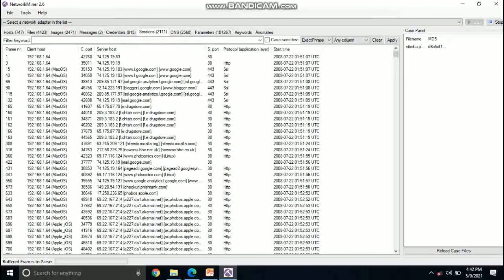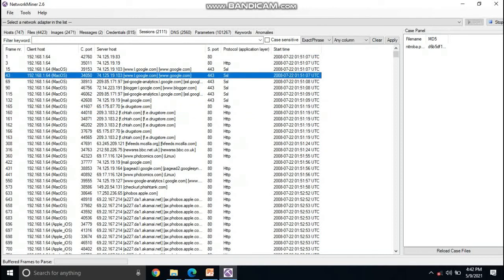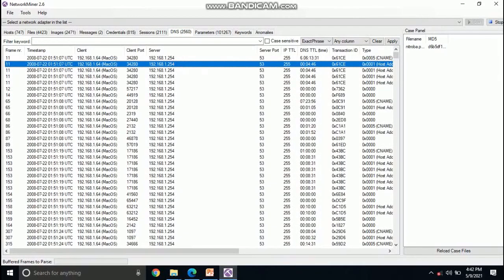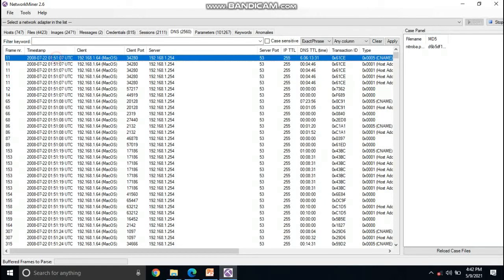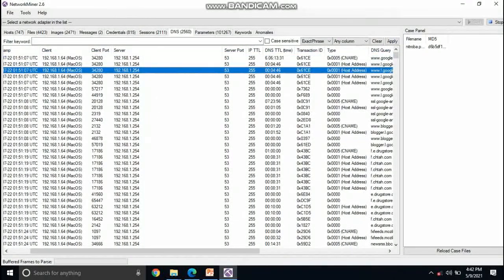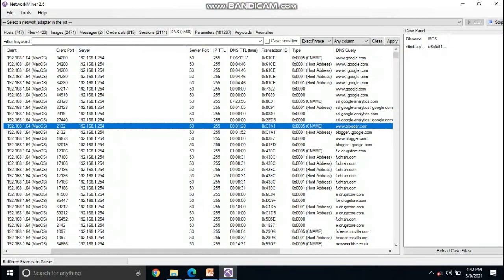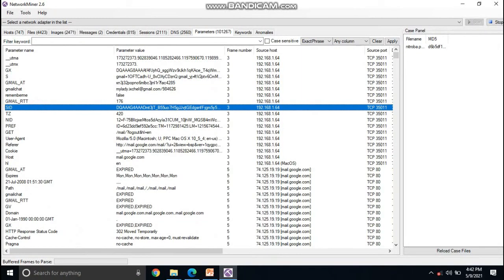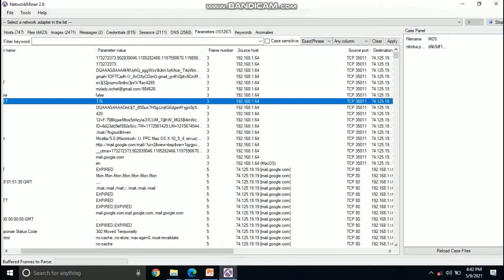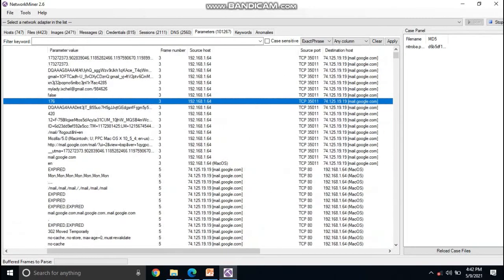After that we have a session section where it stores all the session details, their start time, and the protocol which they follow. Then the next section is the DNS, where the timestamp of all the clients with the DNS time limit, transaction ID, type and DNS queries are listed. Then there is a parameters section which lists all the parameters which were captured with the source and the destination details.